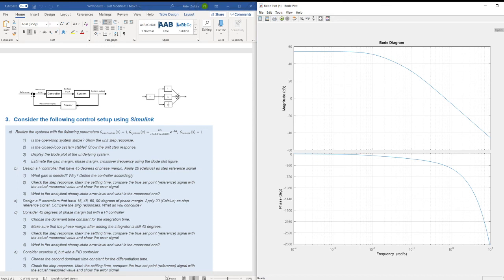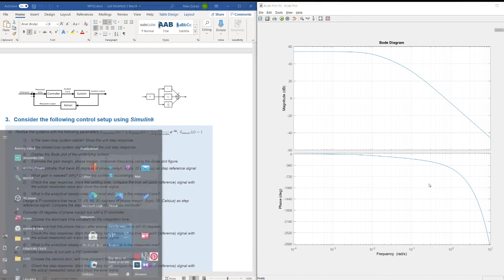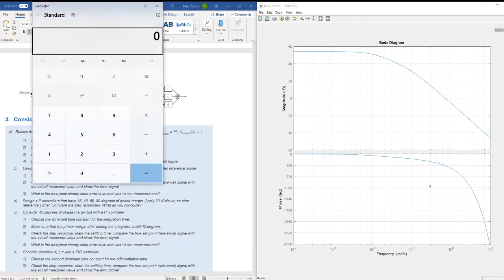I look where I would have 15 degrees phase margin. So if you forget how to calculate, it's very simple. You take your calculator. We know that the phase margin would be null at minus 180 degrees, yes? And if you want 15 degrees, then what you do is 15 minus 118,